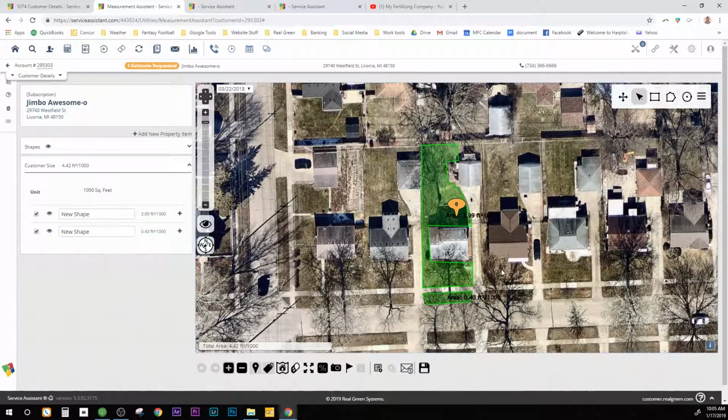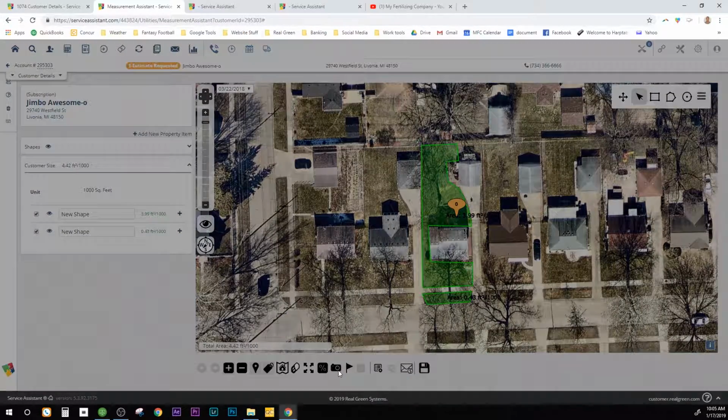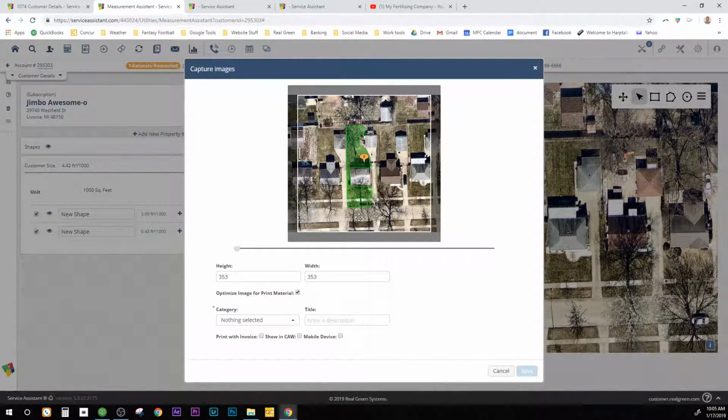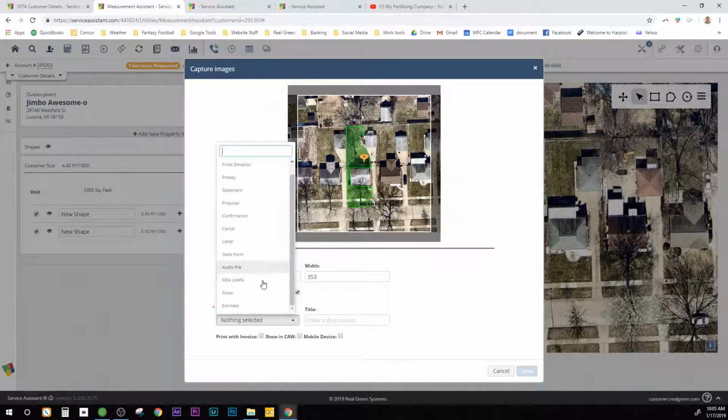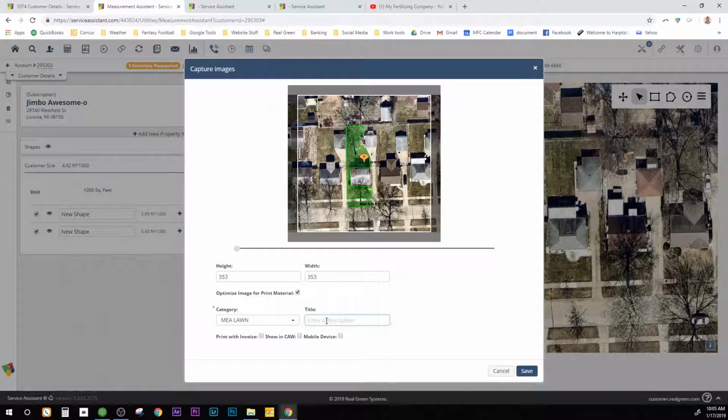Okay. So now what we're going to do is we need to capture the image. Looks like it's pretty centered right there. We're going to go right here. All right, we see the image. Looks great to me. Category, we're going to put MEA lawn. And for title description, we're going to put